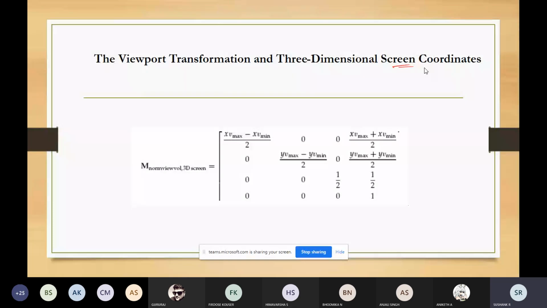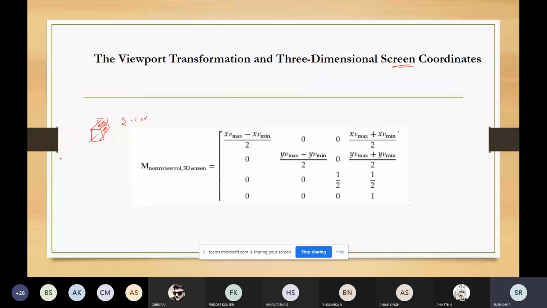But in the 3D system you have one more parameter, known as the depth parameter, and the depth parameter is taken care of by the z coordinate. We need the z coordinate position to retain the depth information for visibility testing and surface rendering algorithms.